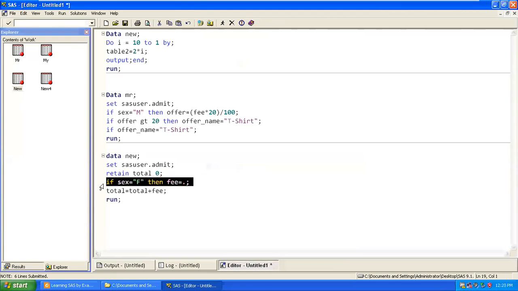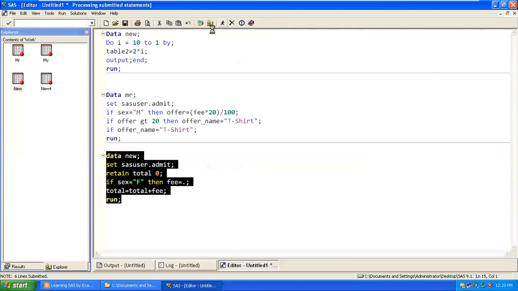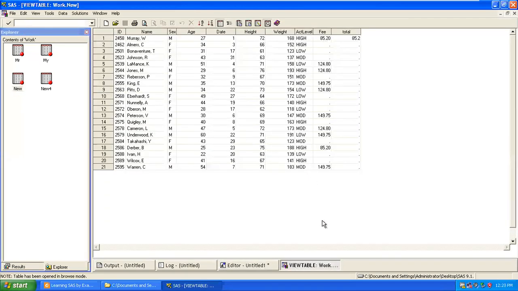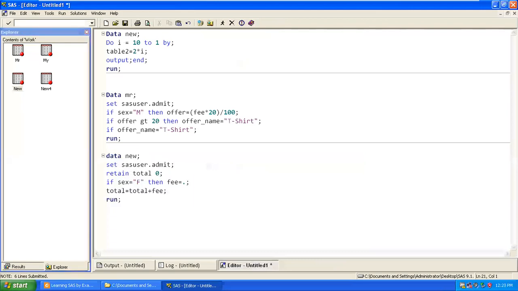So now there is another way of doing that so that we should not get missing. You can say here your if condition will come. So now you have to tell your sentence: if your fee value is missing, correct, is equal to dot, then total is equal to total plus fee.